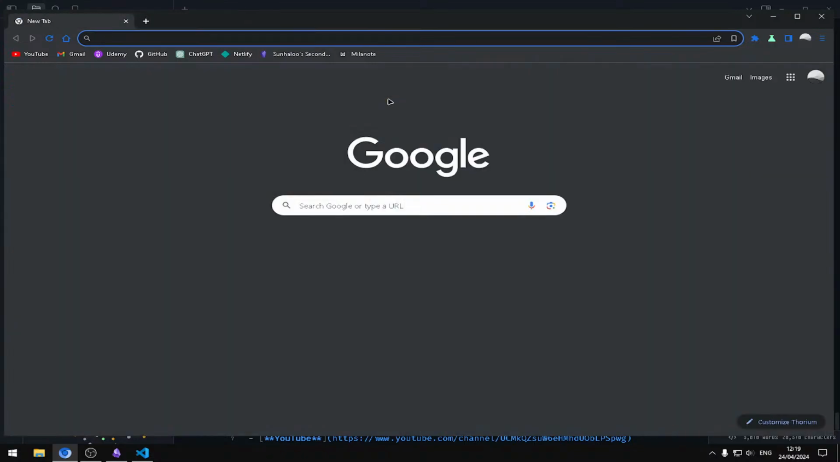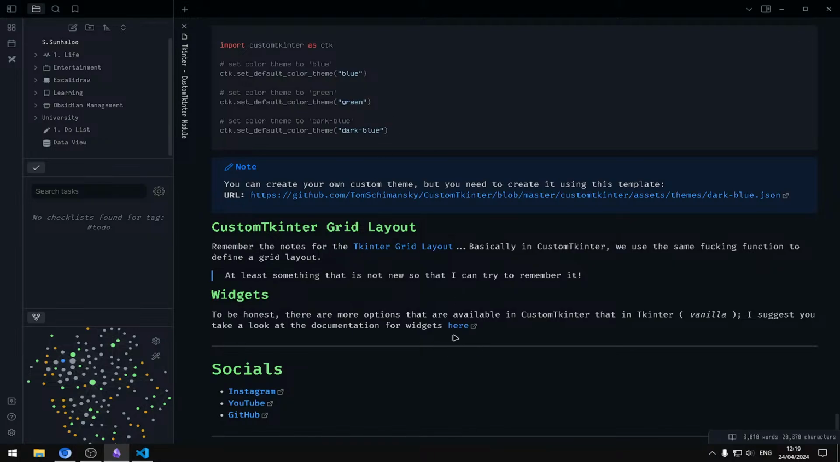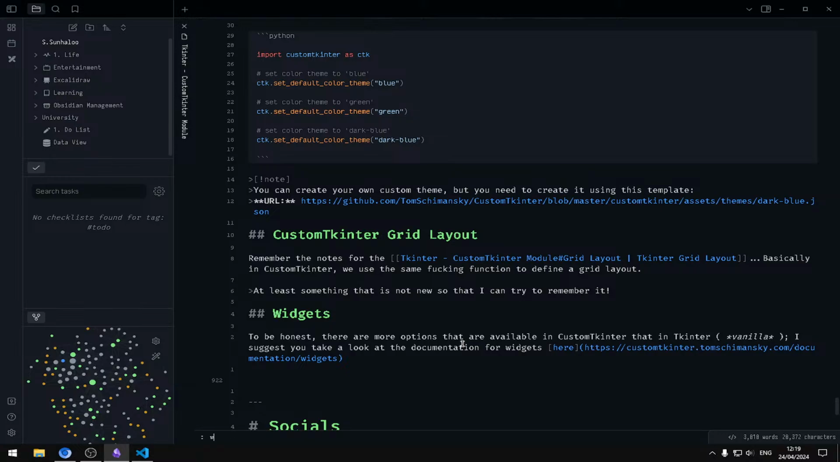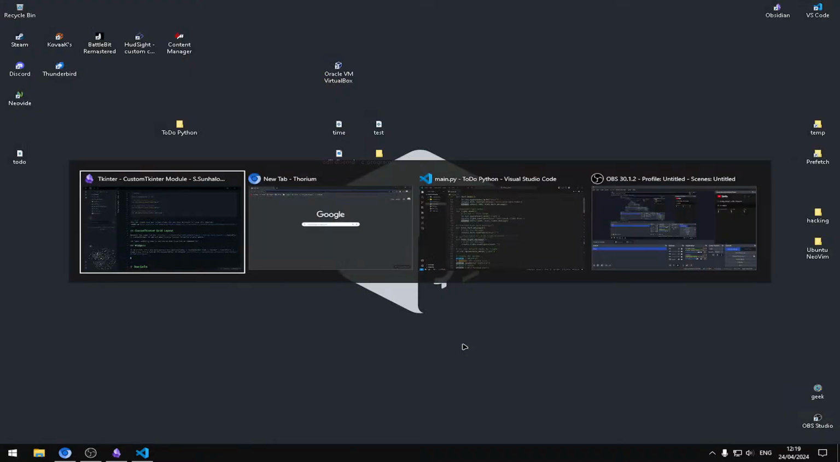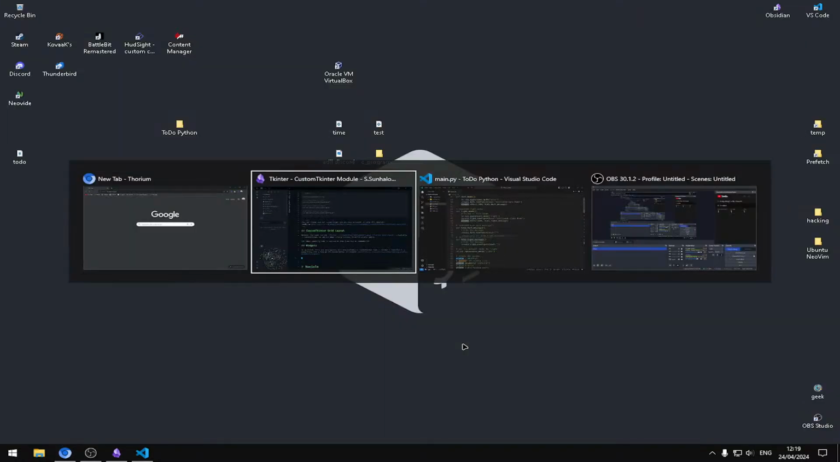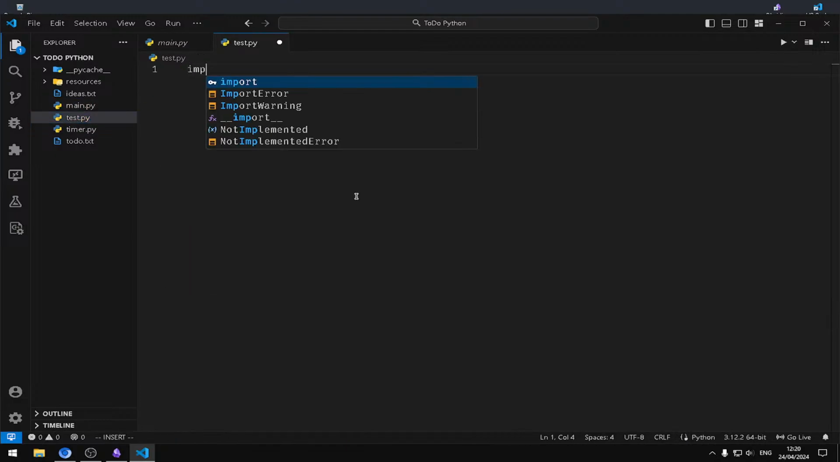Okay, so we can have that here, if I can hear. So shard.openai.com, and then I'm gonna go for the test.py function. So control up, delete, import CustomTkinter as CTK. Okay,